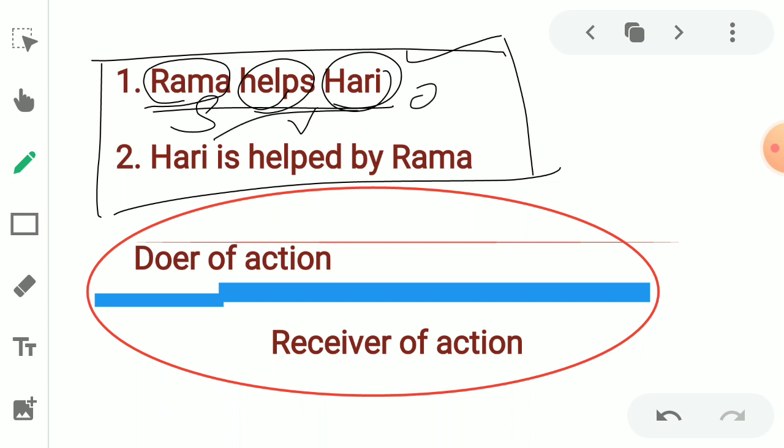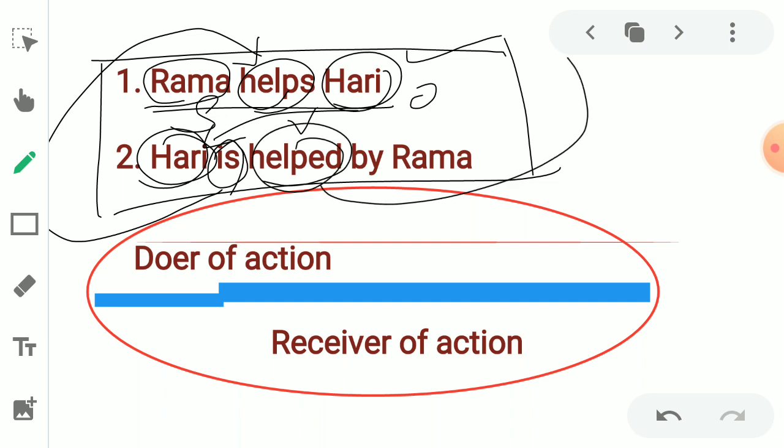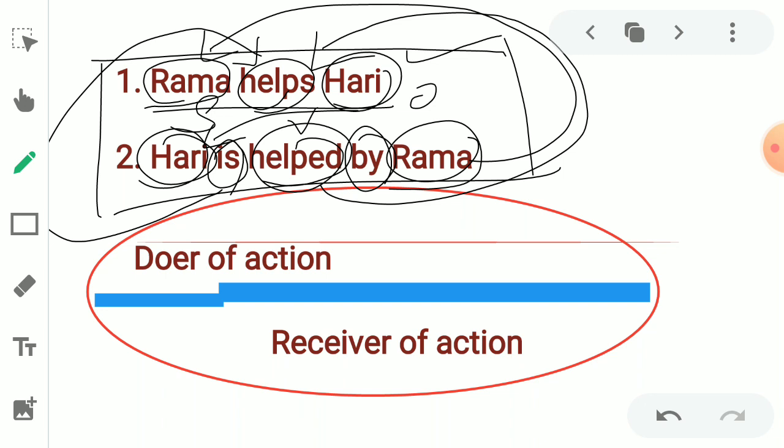See, the object becomes the subject of passive voice, then is, the helping verb, which is based on the tense given in active, helps. So we can easily recognize it is simple present. So helped, V3 form of helps, by Rama. So Rama is the subject of active voice,